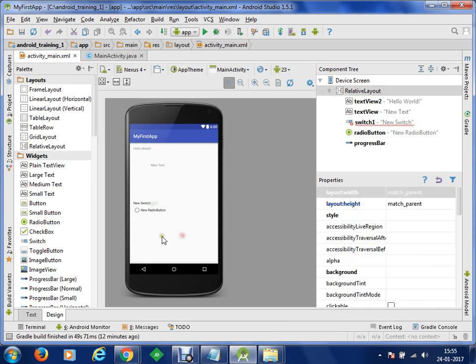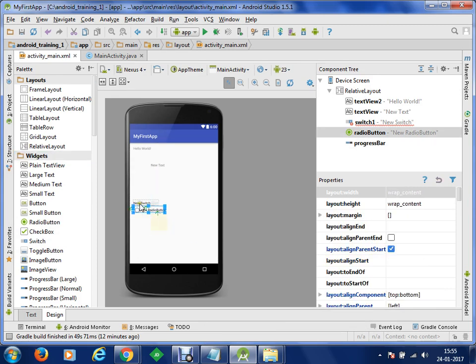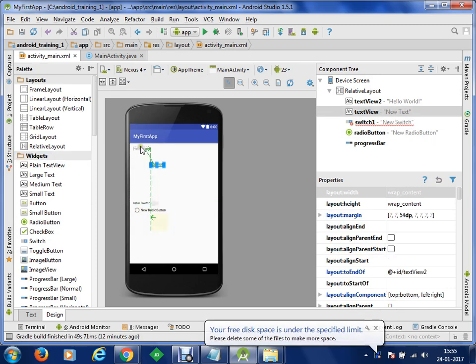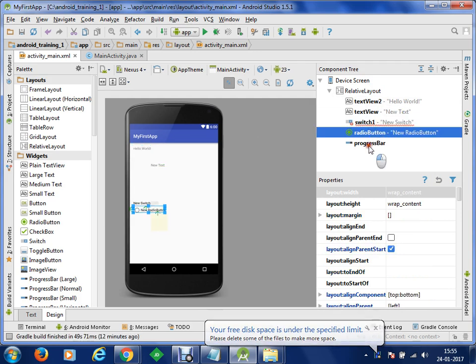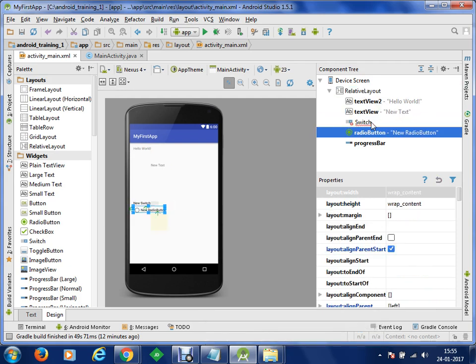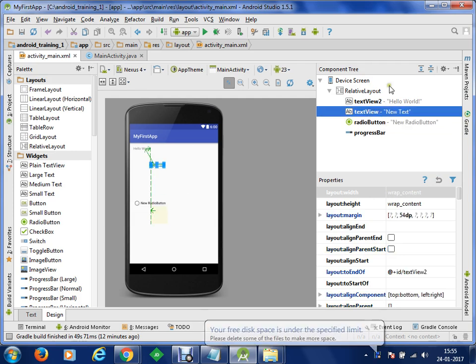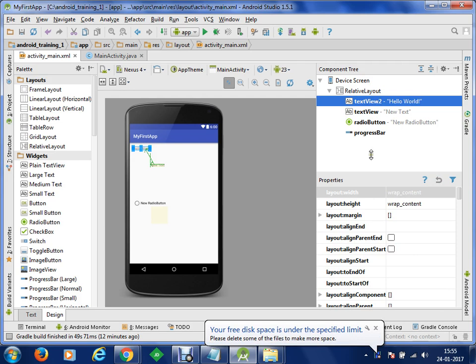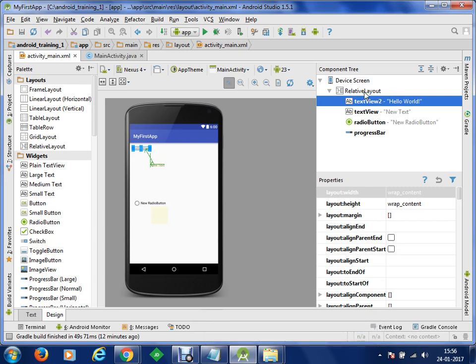Okay, so you can see that we have multiple controls here. This one, switch, text view, other text view. And what you can do is you can individually select a control from the component tree. Okay, is that clear? Now, so what next we need to do, in case if you have a control here, and if you want to manage the properties of every individual control, you can manage that through properties window. Okay, clear? So how will we be using it? We'll explain you as soon as possible.